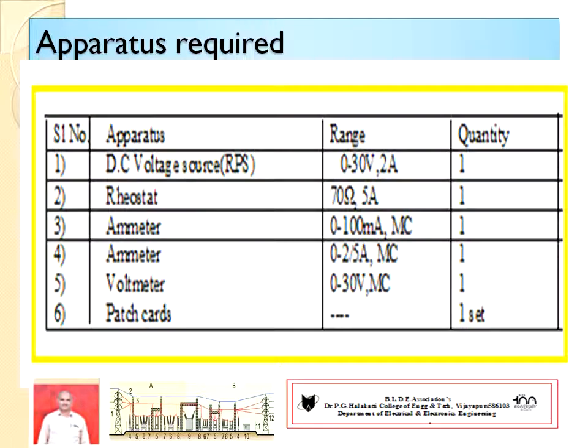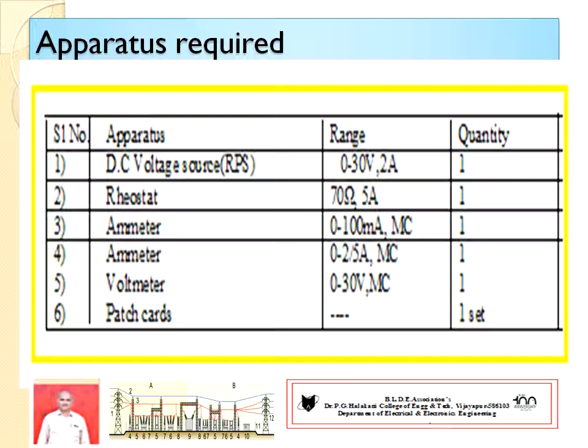After drawing the circuit diagram, you have to observe the circuit diagram and write down the equipments required. It is also known as the apparatus required list. So, very first we want one DC voltage source, that is a regulated power supply 0 to 30 volts, 2 ampere, one quantity is sufficient. Then second one, we need a load, a rheostatic load. So, one rheostat of 70 ohms, 5 ampere, 1